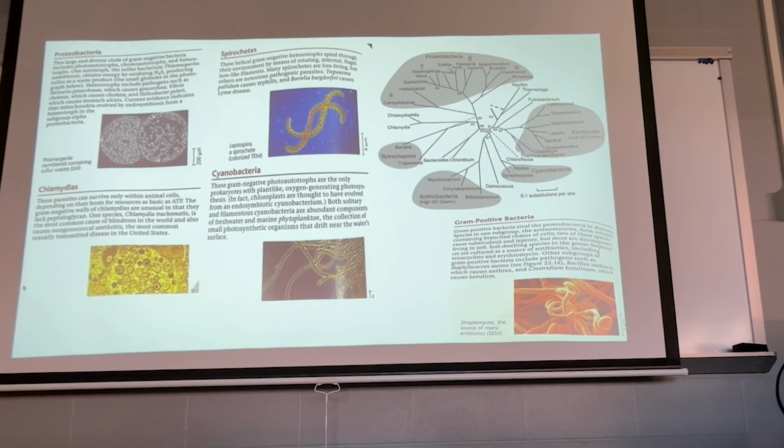Chlamydias are parasitic bacteria. They're really small, and they're parasites of animal cells. Down here, I know it's a small image, but this is an animal cell. And chlamydia bacteria, the chlamydiids, are very small. So this little circle here is one of them. Here's another one. You can see that they have to get into the cell. They're intracellular parasites in order to survive, to get their nutrients and to divide.